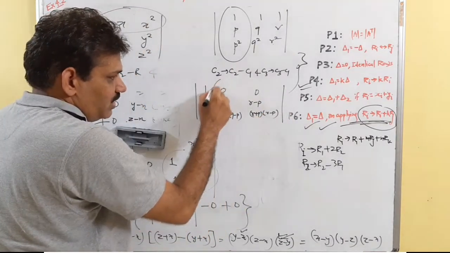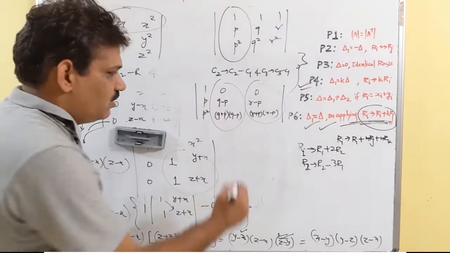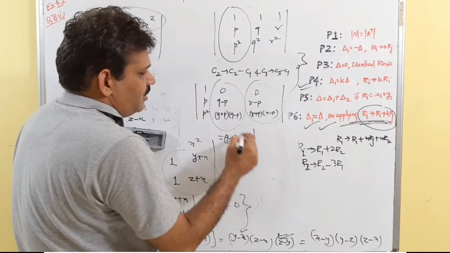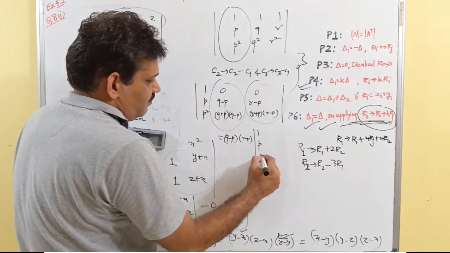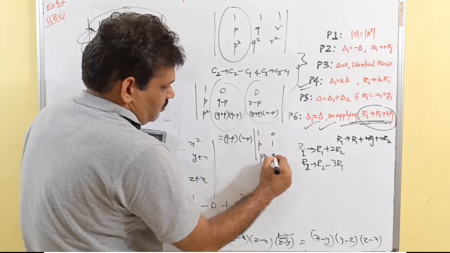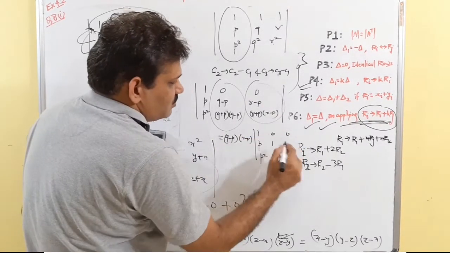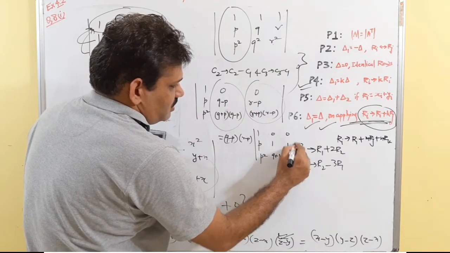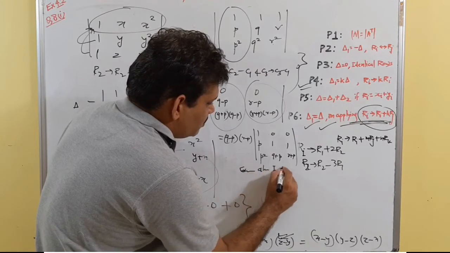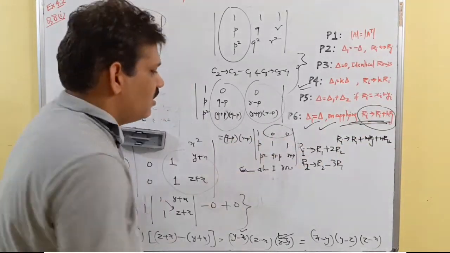Now what we'll do? We'll take common q minus p from C2 and r minus p from C3. So this gives us q minus p into r minus p. When we take common from the first column, there is nothing common, 1 p square. From here we have taken q minus p common, so 0 1 q plus p. From this we have r minus p common, so this gives 0 1 r plus p. So now expanding along the first row, because we have 2 zeros in the first row, we can get the answer quickly.